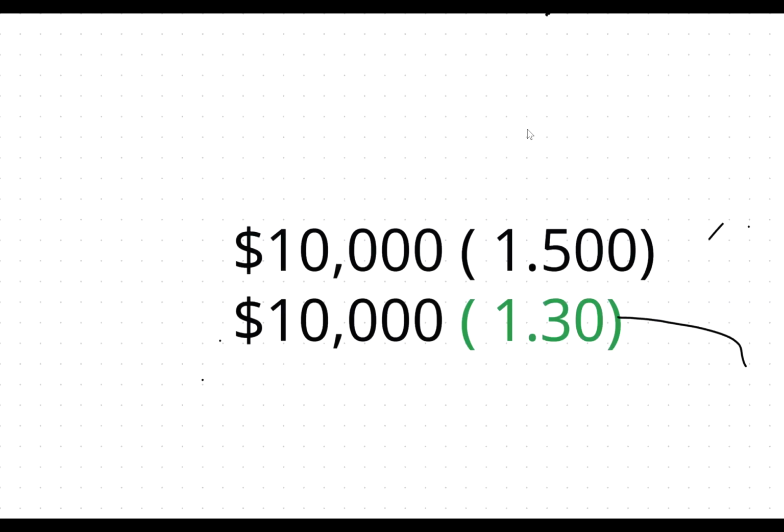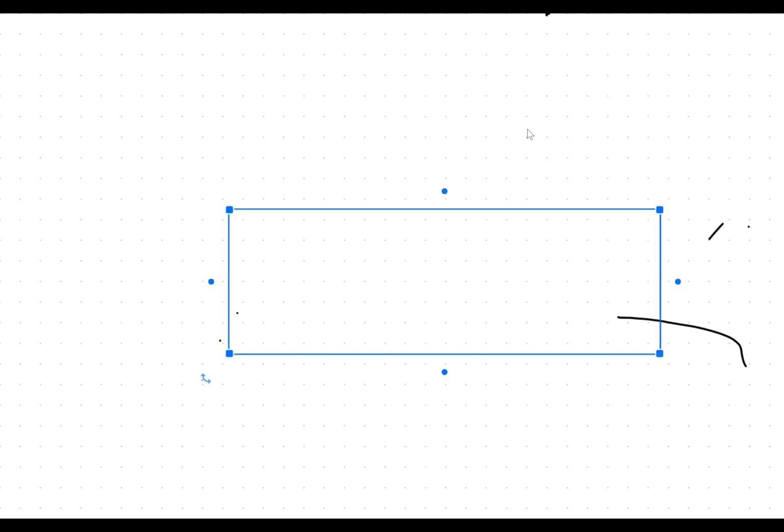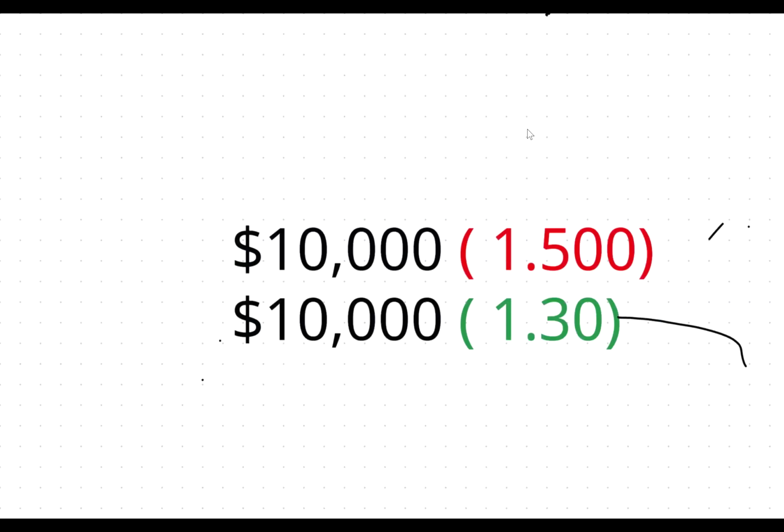So this 500 is a bigger leverage, while this one is a small leverage. So now the person that is trading with the 1:500 leverage,